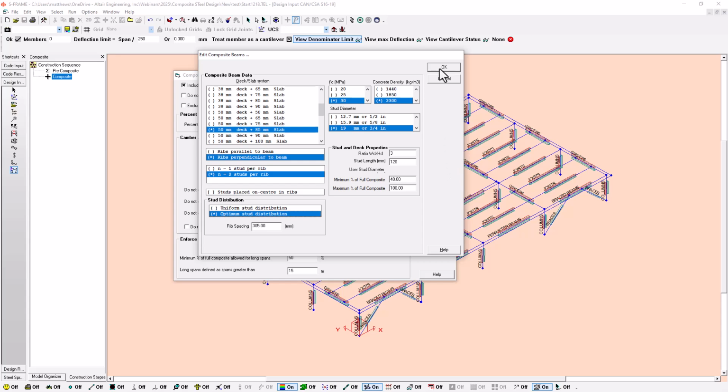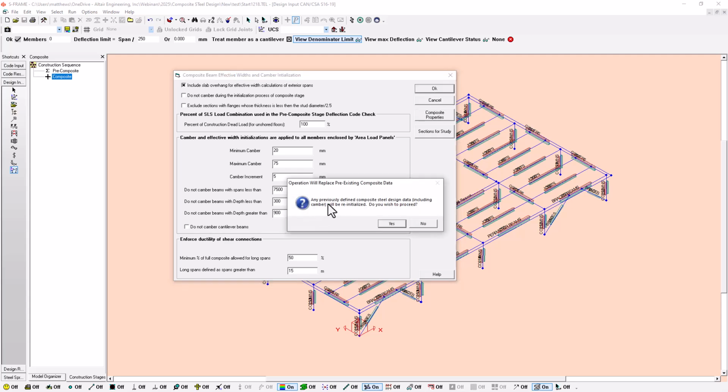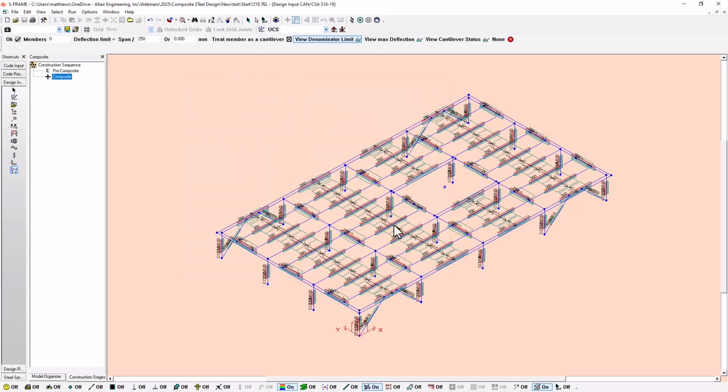So I'm just going to click OK and accept these parameters, and I'll click OK once again. And you can see here it says any previously defined composite steel design data, including camber, will be reinitialized. Do you wish to proceed? I'm going to click yes. And what we notice here, if I maybe just switch out of my deflection criteria tool and I zoom in